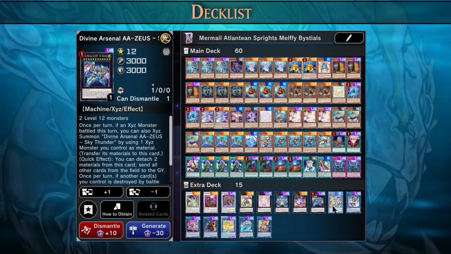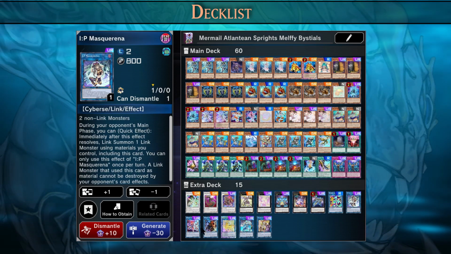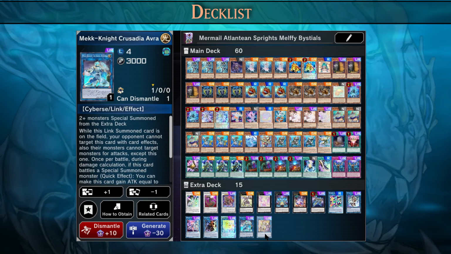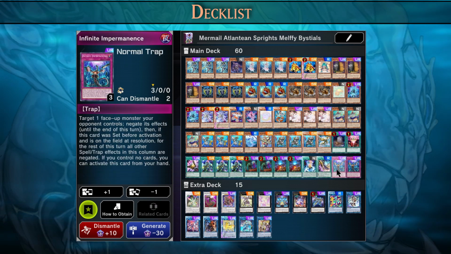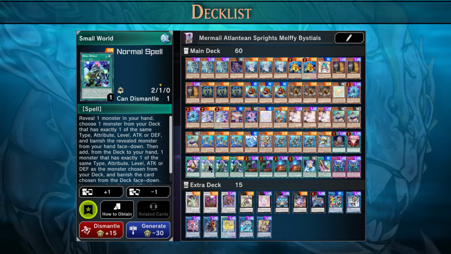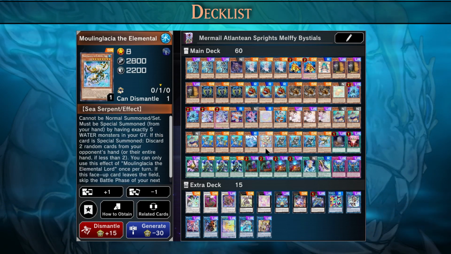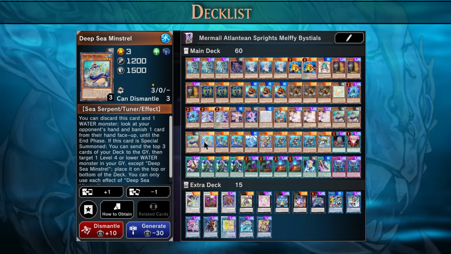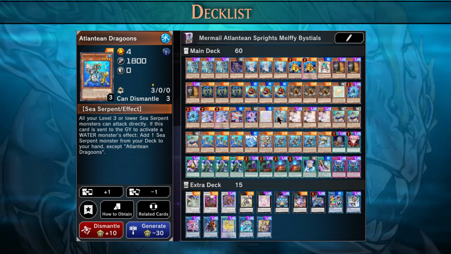They can use Spright Starter to summon Spright Red, which can negate monster effects, or Spright Carrot, which can negate spell or trap cards. If you're going first and you don't know what deck your opponent is playing, then you may not know which monster is the best to summon. But in this deck, we will be able to use Sea Minstrel to look at our opponent's hand, and then we can decide if we want to summon Spright Red or Spright Carrot, and modify our end board so it